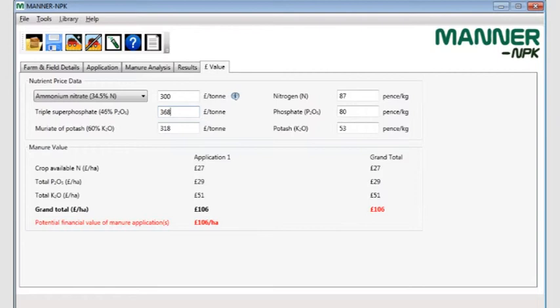So in this example here, we've entered details of an application of cattle slurry to grassland in the spring. The slurry has been applied at a rate of 30 cubic metres per hectare, or around 2,700 gallons per acre, using a shallow injector. Here, MANNER calculates that this slurry application is worth around £100 per hectare, which includes £27 per hectare in crop available nitrogen, £29 per hectare from the slurry phosphate, and £51 per hectare from the slurry